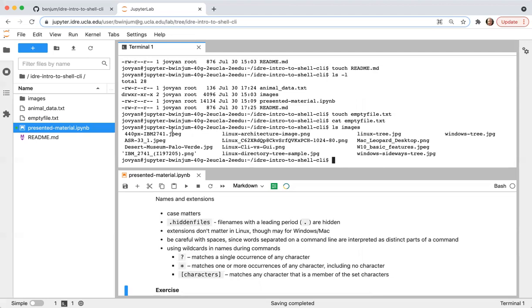These are the contents, and you can see I have JPEG files, PNG files. As far as Linux is concerned, the file extension doesn't matter. I can have text files which don't have the TXT extension. I can have image files which aren't labeled with JPEG. I can even change this JPEG to TXT, and Linux won't necessarily care.